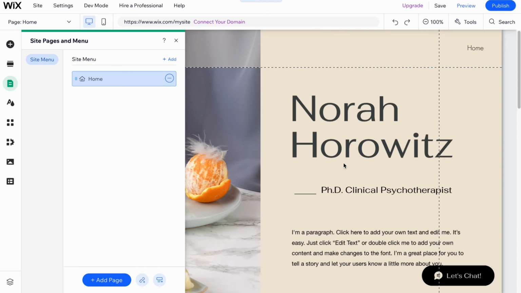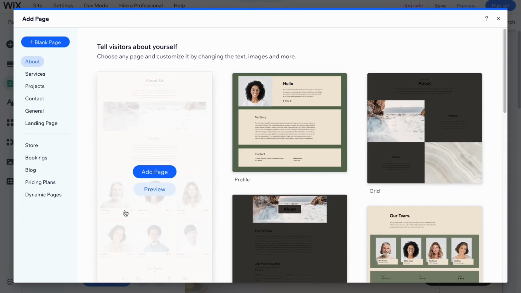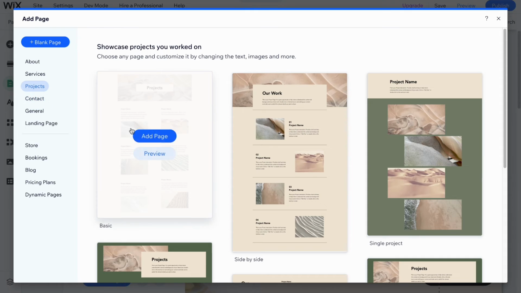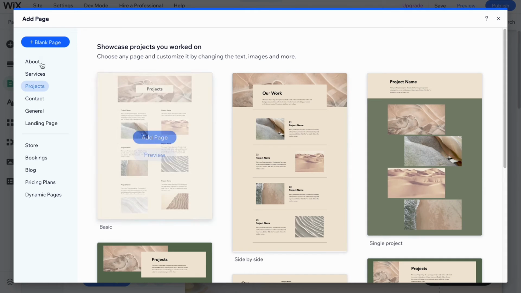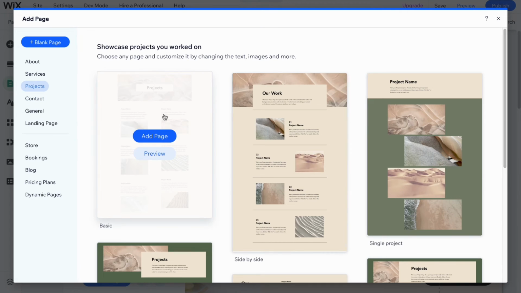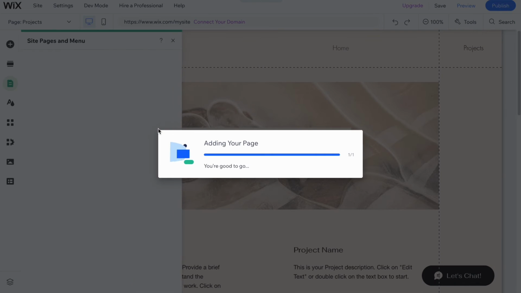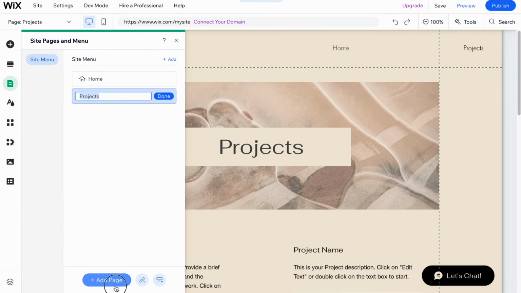And let's say that we want to add some additional page. In order to do it, we need to click on add a page in the bottom of the screen, and here we can find all the templates we have: about, services, projects. Let's say that we want to add projects. If you don't have the page you would like to add in this menu, you can click on blank page and then just simply create it by yourself. So I would like to add this page, and also let's say that we'd like to add a page with